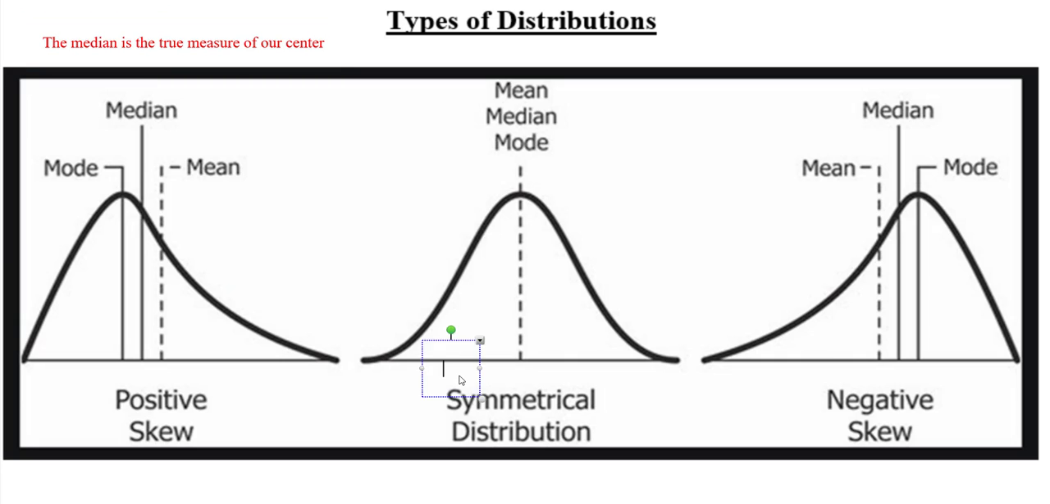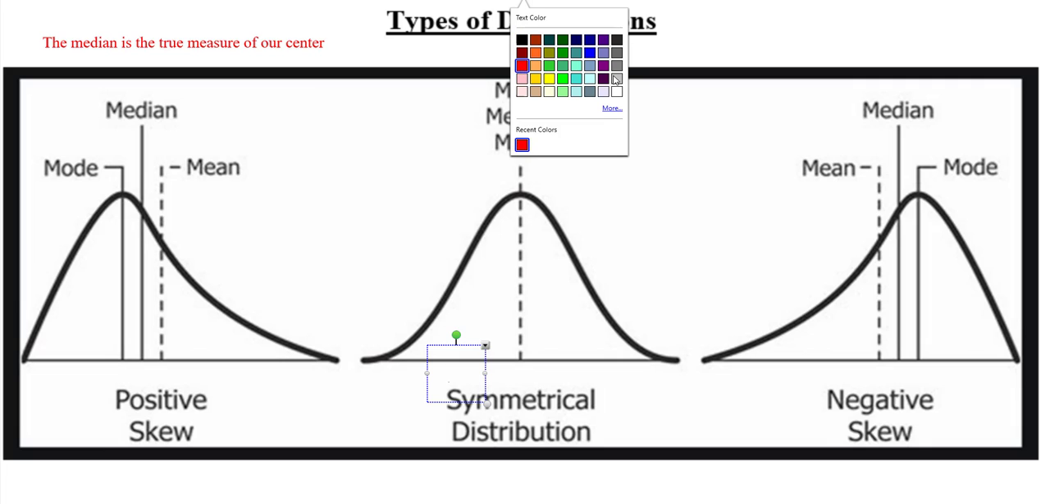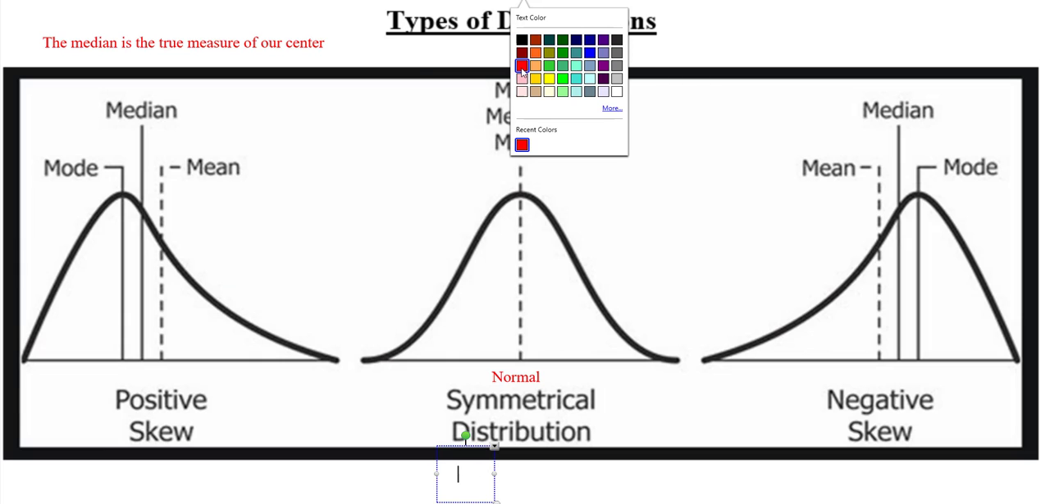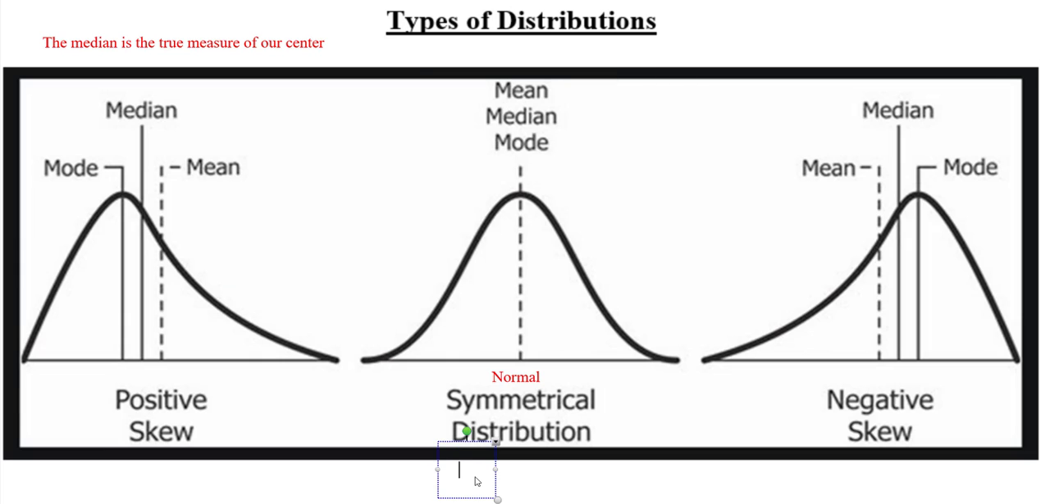One other thing too, let's start with this one in the middle. This is what we call a symmetrical distribution. This is also called a normal distribution. I'm gonna type this in. This is also called a normal distribution. And then another term that you might have heard is also called a bell curve. Let's go ahead and